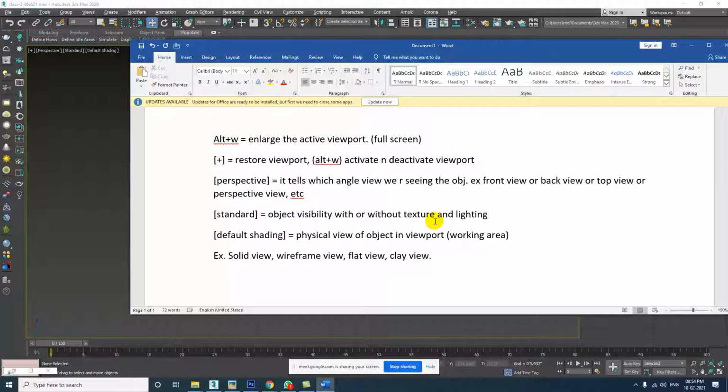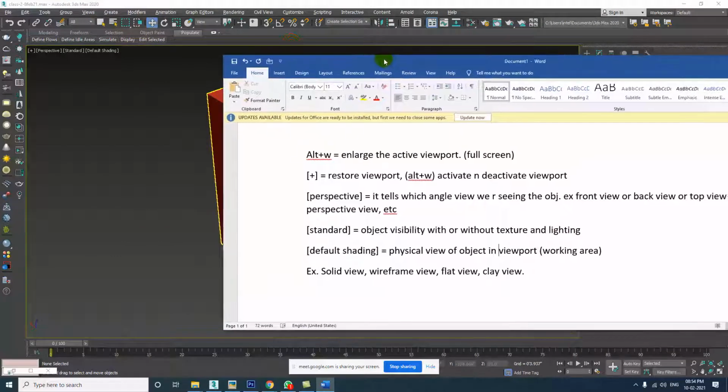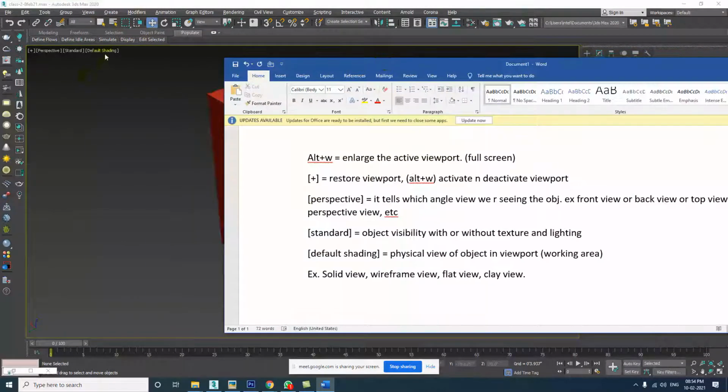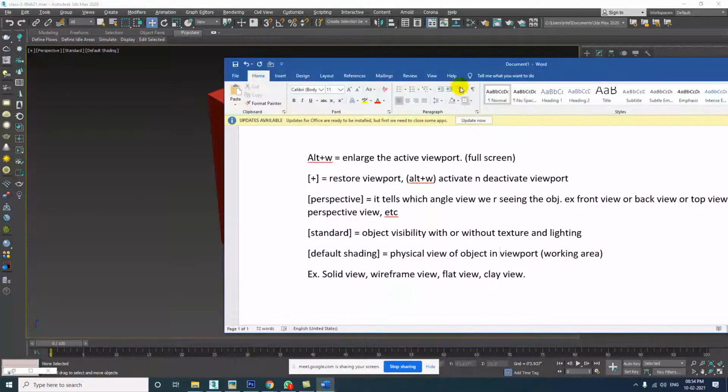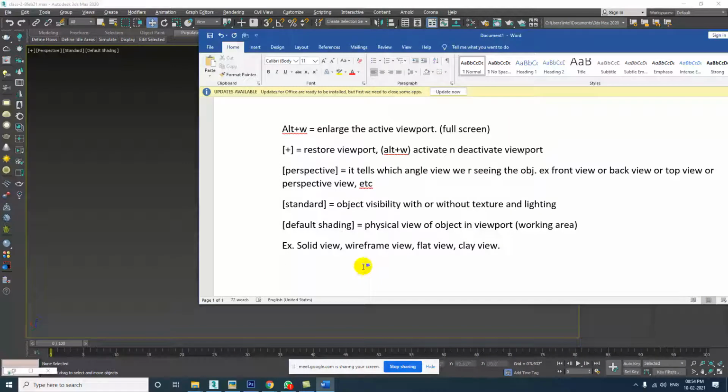Okay, I will tell you the shortcut also. Every time you don't have to go over here and click to get the option. This is the default view, like basic things where you have to click and get the option. But I will tell you the shortcut also. I will just write it down. For solid view, a toggle, I will give this oblique sign, solid view and wireframe view.